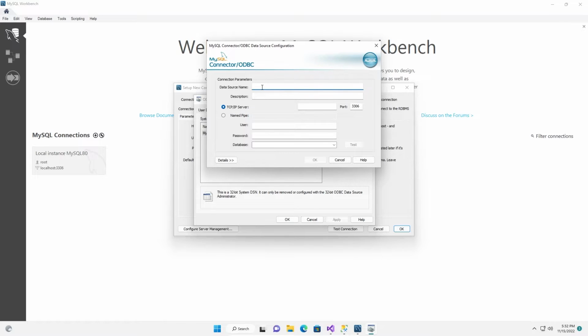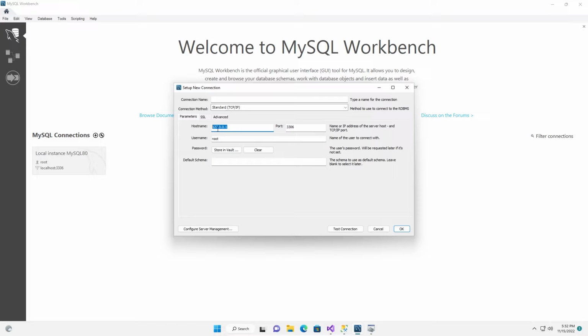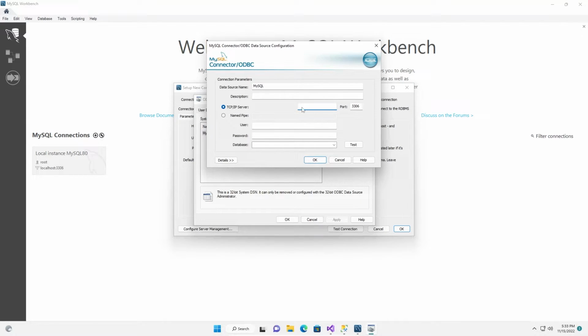You can provide the same name, MySQL, and the server IP address I already have there. Here port number is fine. User, root, database. Okay, let me establish connection.